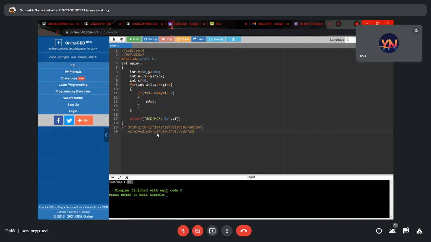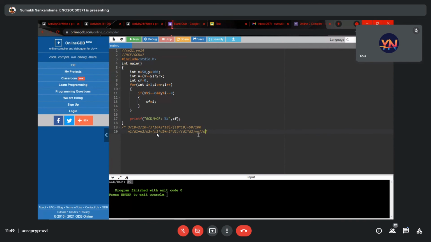So now after this, you will get a final answer, and that will not be the simplified form. So what do you do for simplification? You calculate the GCD of the final numerator and the final denominator. I'll indicate the final numerator as NF and the final denominator as DF. You basically simplify it by finding the GCD of these two numbers.